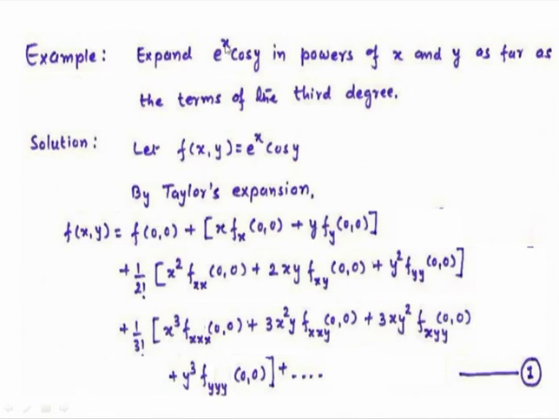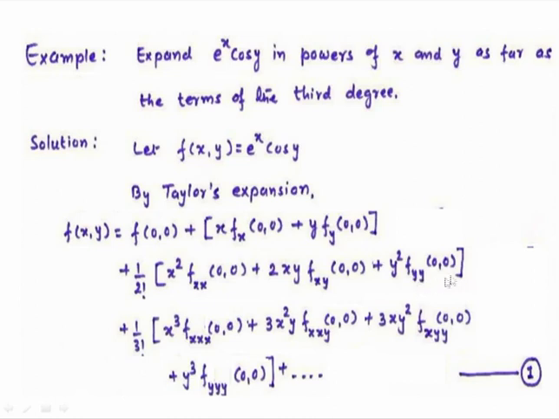Expand e to the power x into cos y in powers of x and y as far as the term of the third degree is concerned. Let us take f(x,y) as e to the power x cos y. By Taylor's expansion, f(x,y) is equal to f(0,0) plus x into fx at the point (0,0) plus y into fy at the point (0,0) plus 1 upon 2 factorial into the bracket x square into fxx at (0,0) plus 2xy into fxy at (0,0) plus y square